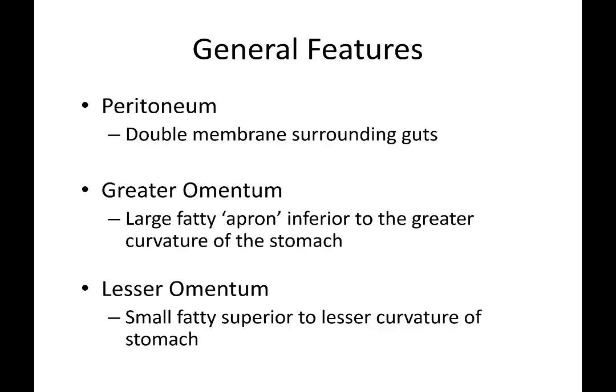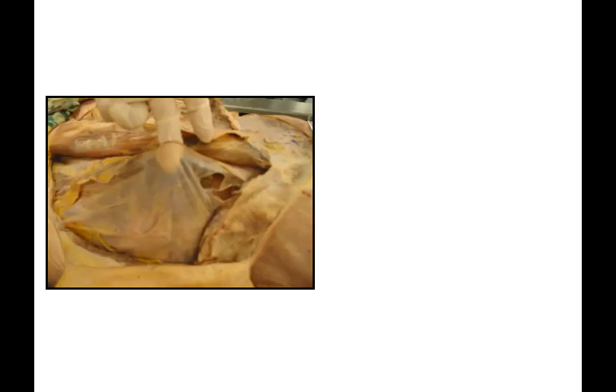So the general features we're going to talk about: the peritoneum is a serous membrane, part of the serous membrane that goes around the guts. We have a greater omentum and lesser omentum. This image is one of our cadavers, where you can see the musculature of the abdominal cavity has been opened and pulled aside. And then we can see that there is just a thin membrane. If you open up the muscle, open up the gut, you think you're going to see guts? No, you're not. You're just going to see this membrane. So we have a hole in it,